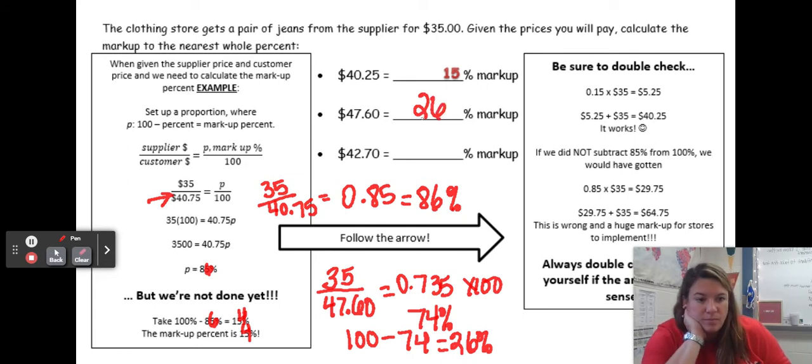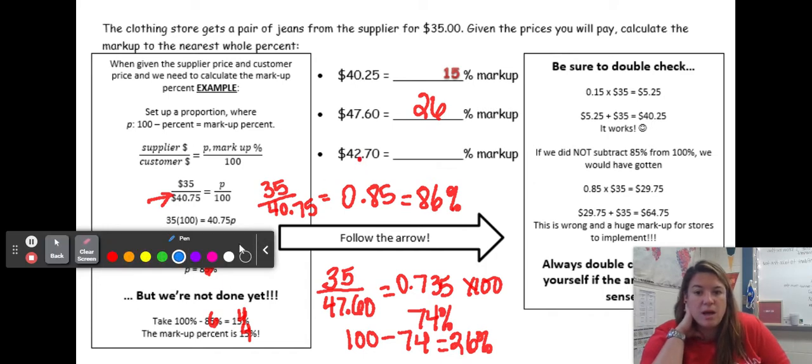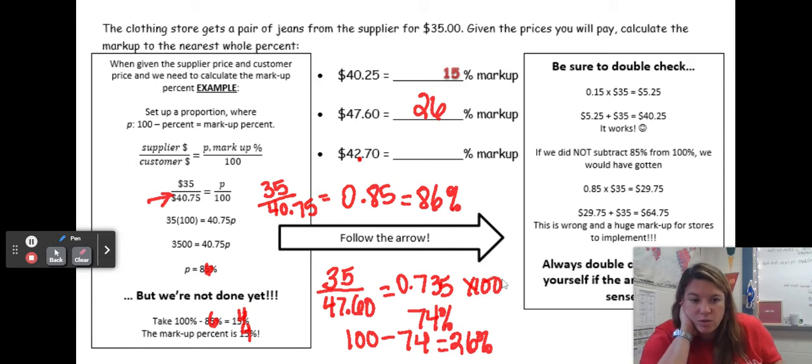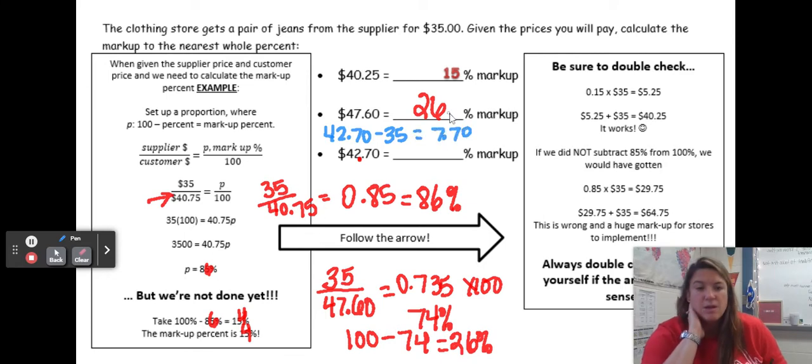26%. The other way to do this is to subtract this amount, this $42.70, from the original amount that they bought. So what's $42.70 minus the $35? That is $7.70. So if you do $7.70 and divide that by the 35, now you're finding what part of the 35 that is. So $7.70 divided by 35 is